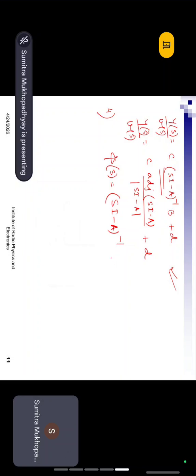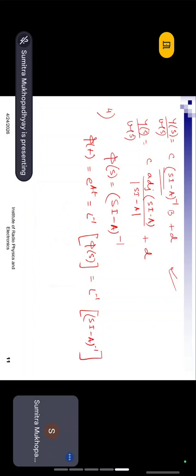And phi(t) we can write equal to e to the power At, that is equal to the Laplace inverse of phi(s), that is equal to the Laplace inverse of (sI minus A) inverse. So this is what we have as a part of your